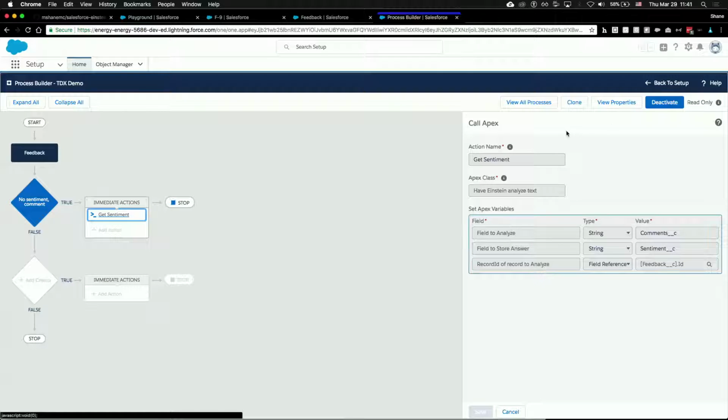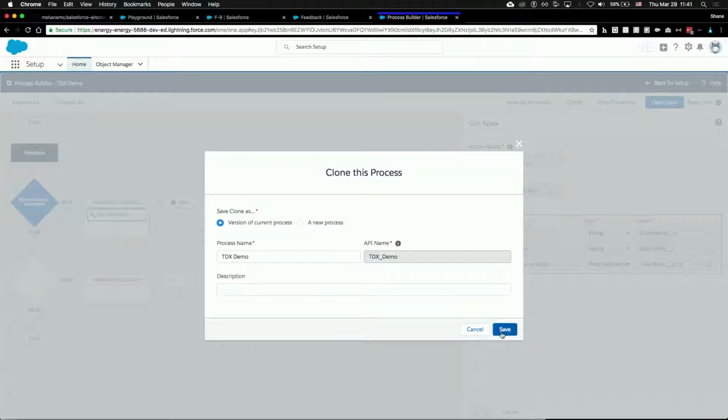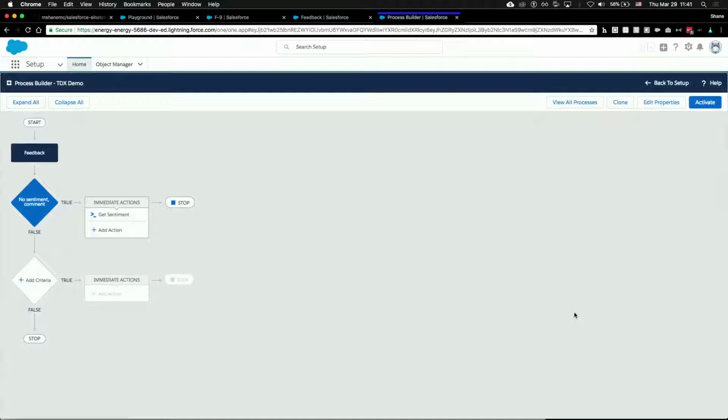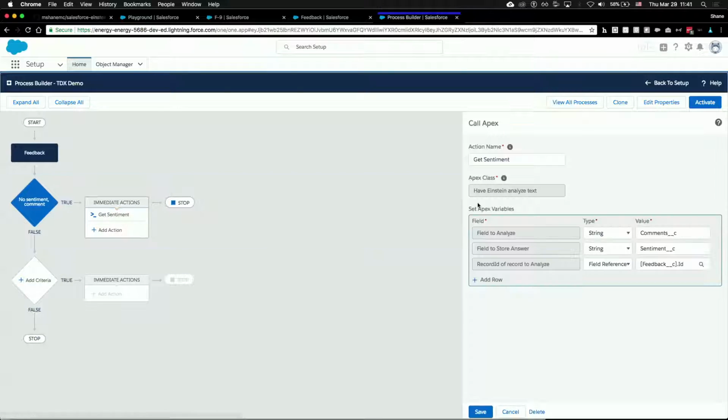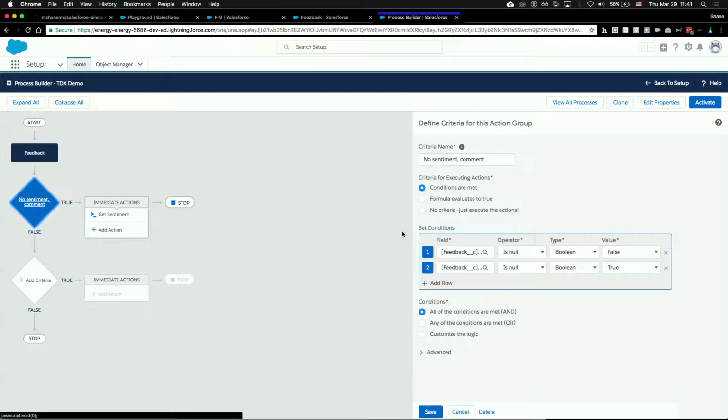All right, so I'm going to clone that. And what I was going to do as the next step is to bring in that probability. But since I'm already back in Process Builder and I've already cloned it and I already wasted like 2 minutes of your time, I'm going to do that in one shot. All right, so I'm going to take this, and we're going to say that it is changed.